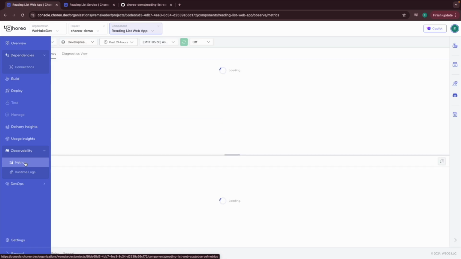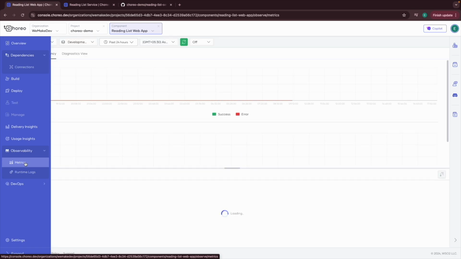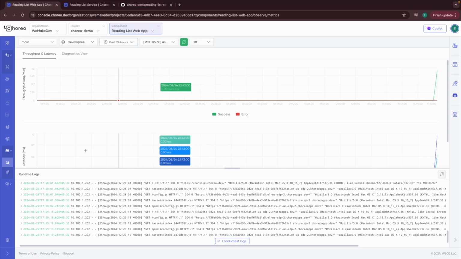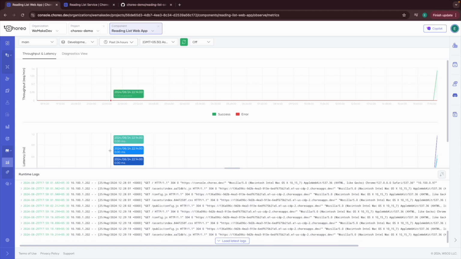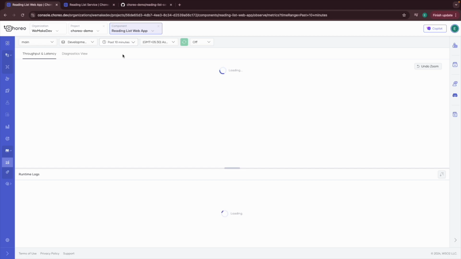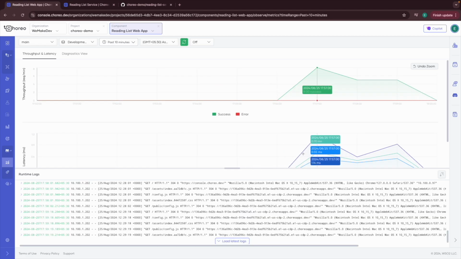Lastly, I want to show you some observability features. So I'm going to go to the metrics section, and here you can see it's going to obviously get more populated once your project has been running for a while, but here you can see the runtime logs. You can also filter it based on the timeline. So last 10 minutes, as you can see, because I did the demo, we are seeing that we had certain